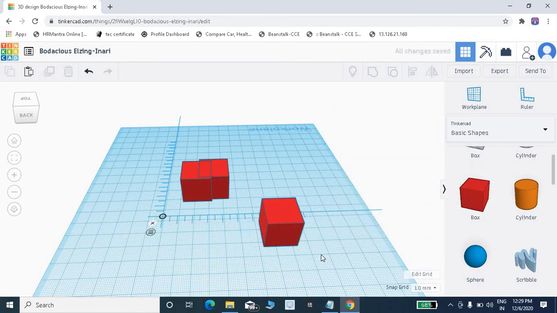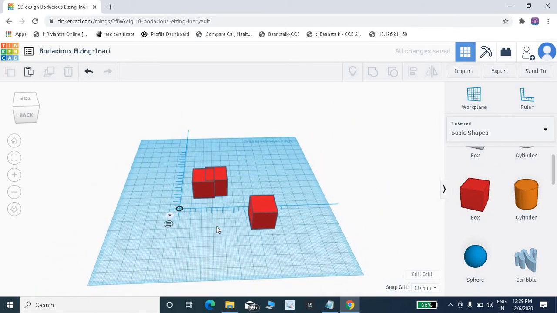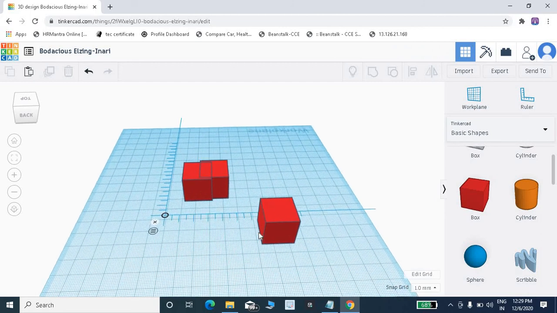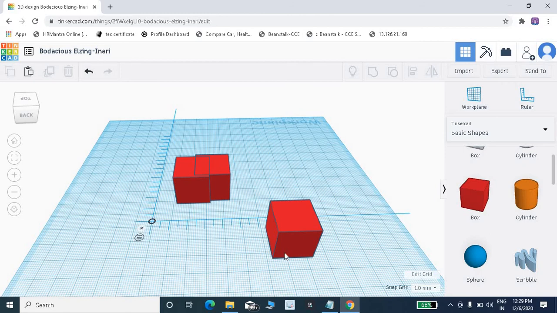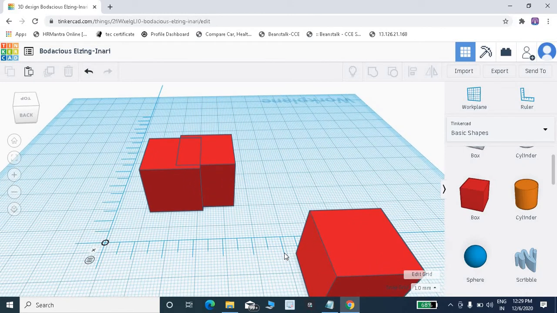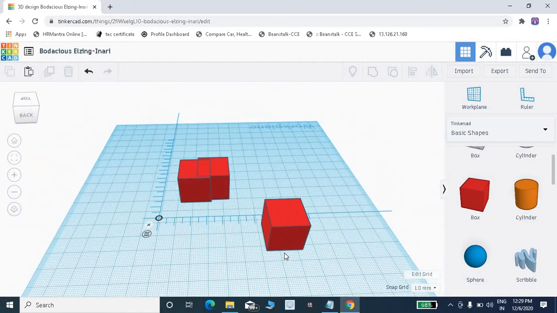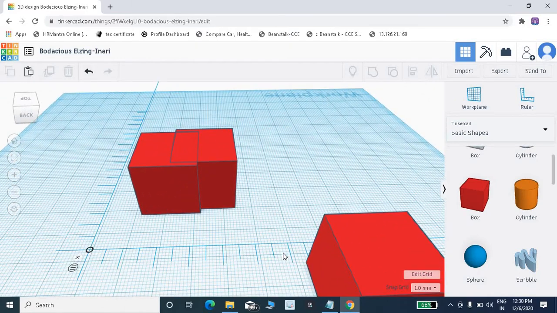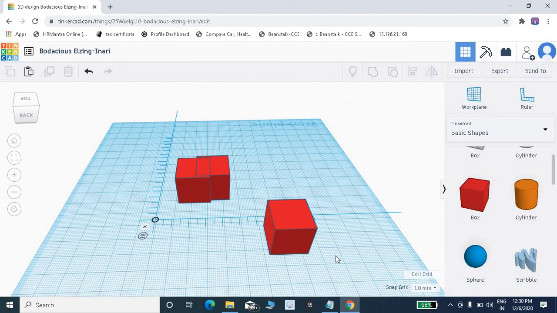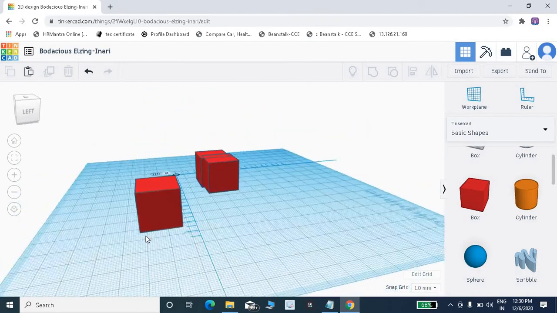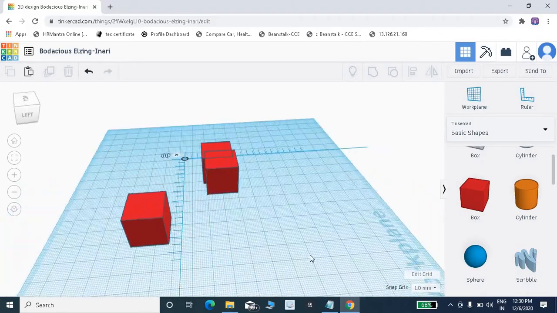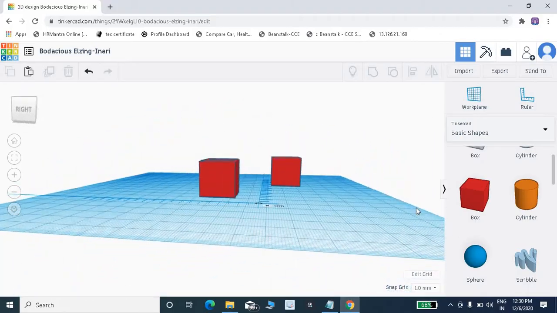Then by using the mouse also you can view your object, like this one. By using the scroll button you can zoom the object. Right now I'm using the scroll button, but you can also right click and hold and move your work plane to a different angle.